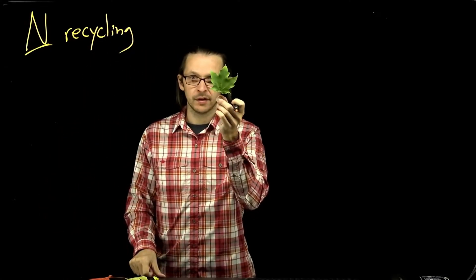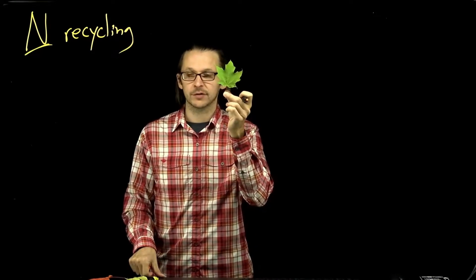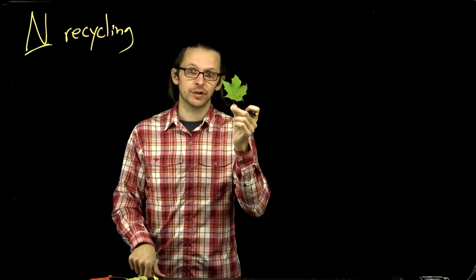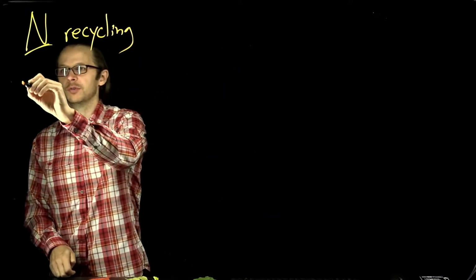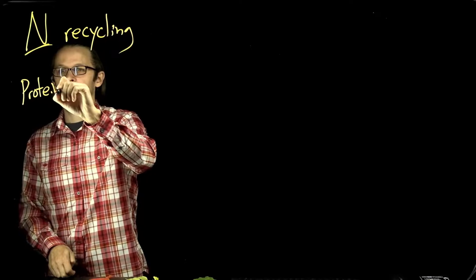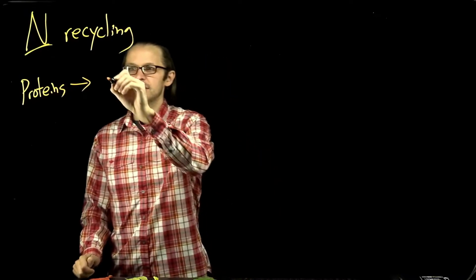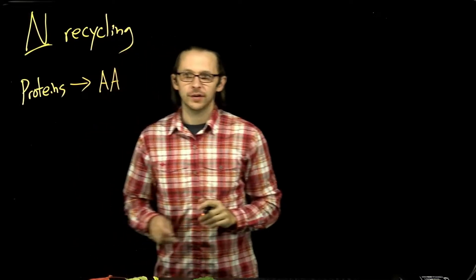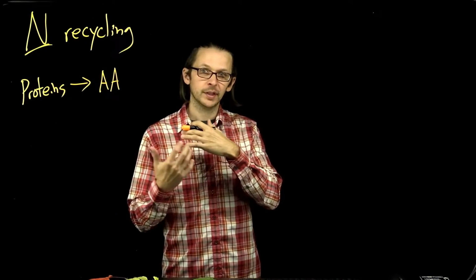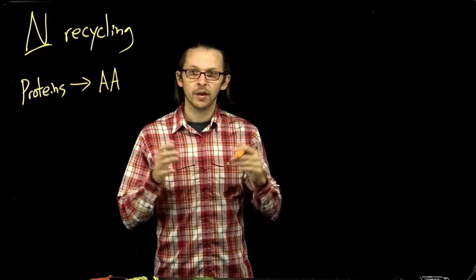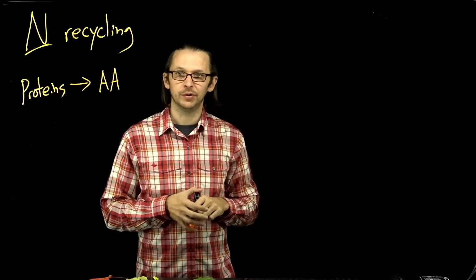Inside of this green sugar maple leaf is a whole lot of photosynthetic proteins, Rubisco and all the other enzymes that are driving the Calvin cycle, and there's a lot of nitrogen tied up in those proteins. Those proteins get chopped up into their component amino acids. And those amino acids are soluble and can be resorbed from the leaf through the phloem and stored in the phloem and rays within the upper branches of a tree